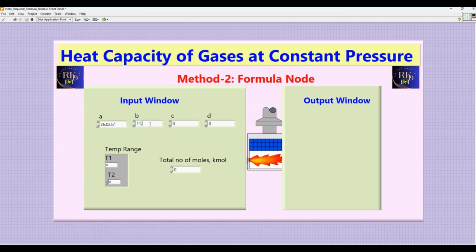B is 11.7551 exponential minus 3. C is minus 2.3426 exponential minus 6. And D is minus 0.5623 exponential minus 9. So I'll put all these four values. Total number of moles I'll take as 1. Input temperature is 350, and output temperature is 1500.